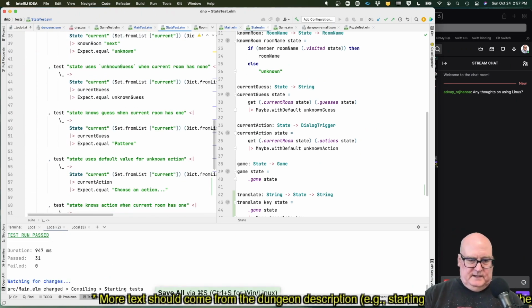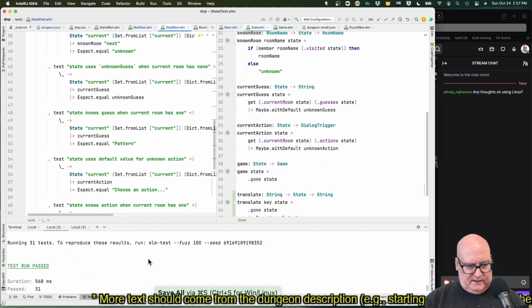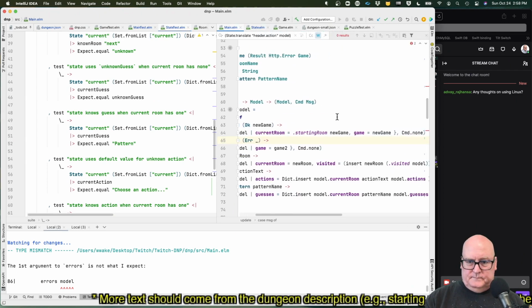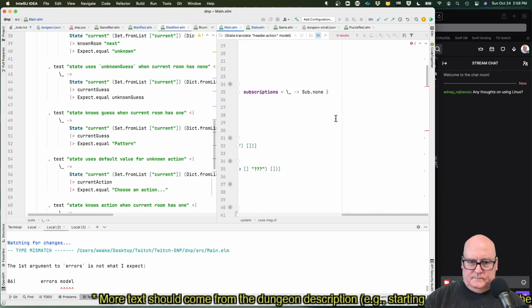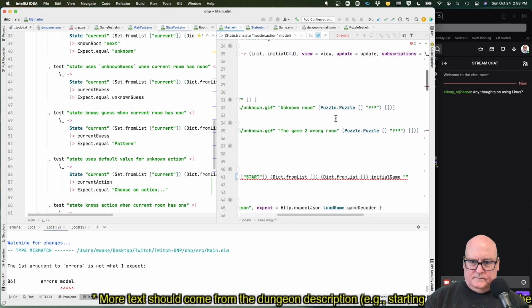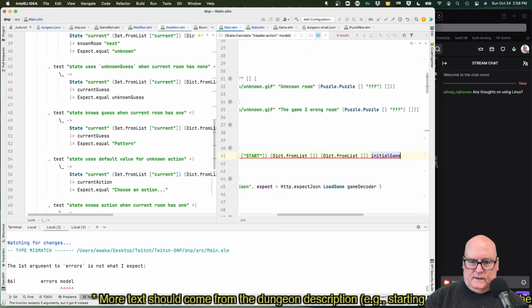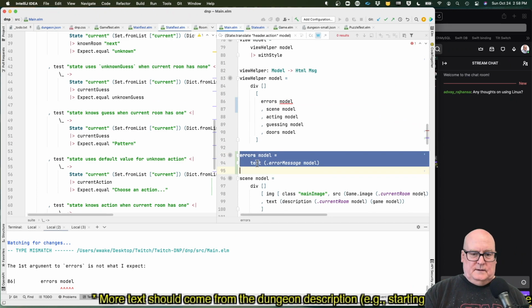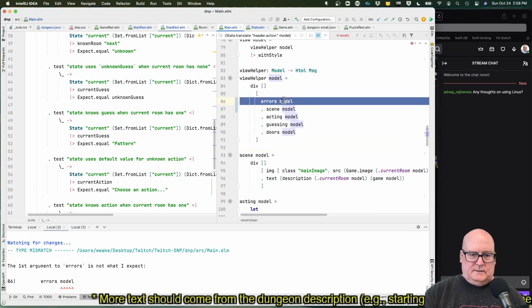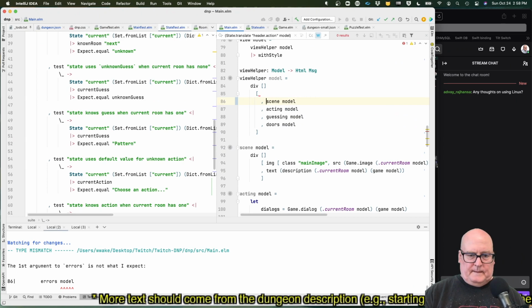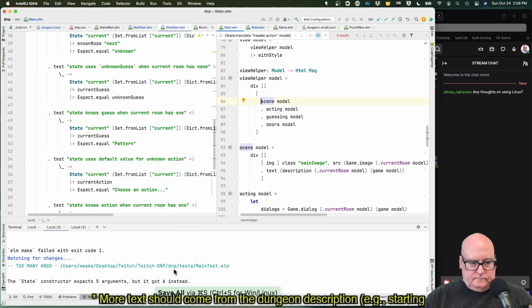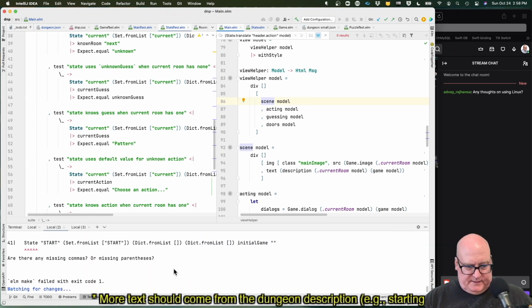Okay. Let's save and see if something's going to break. Here we go. Main.elm. That one. And errors model. Let's take that back out. Main test. Okay, did I miss anything else?